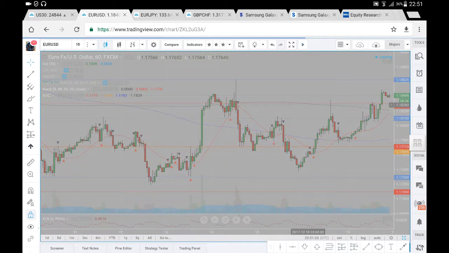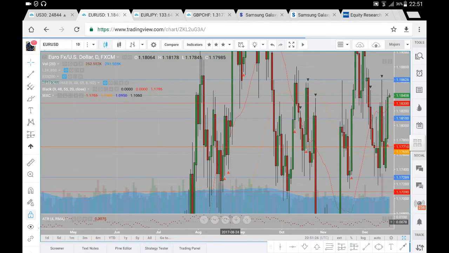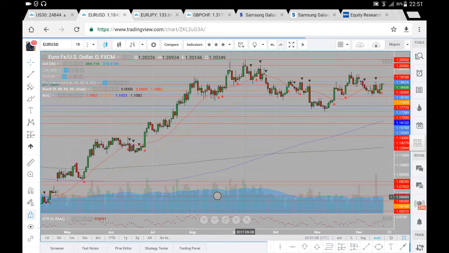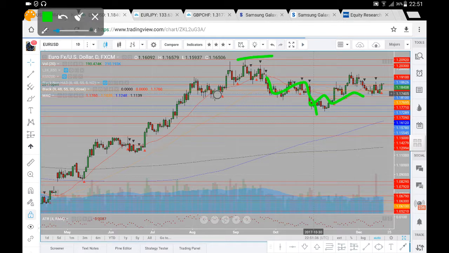Now, let's just have a look at the higher time frame before wrapping up here on the euro dollar analysis. So let's just get scale on here correct. And as we can see here, we've had our most recent highs over here. We've pulled back a little bit, but we've gone into a bit of a consolidation. We've not really trended much, but what we can see here is we've got a high, it's got a lower